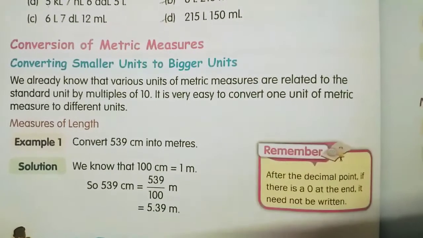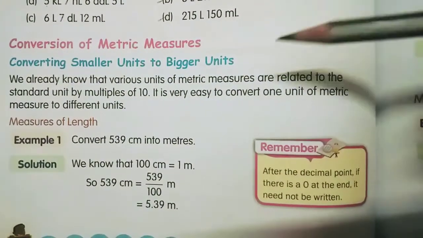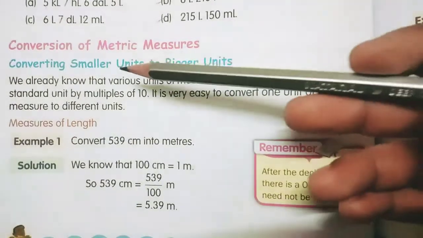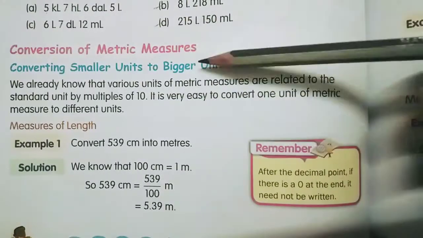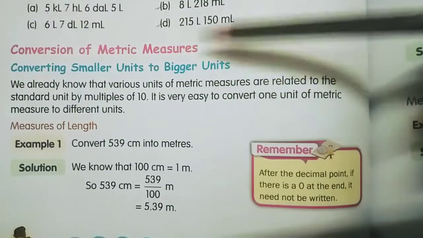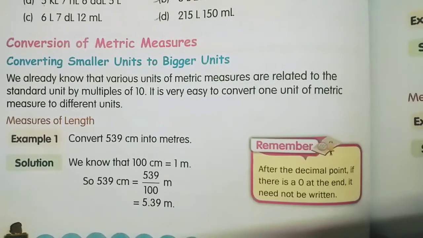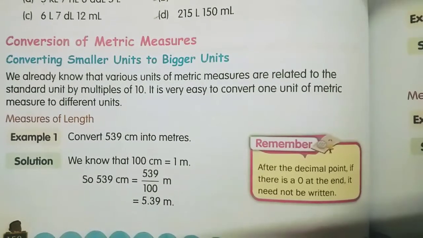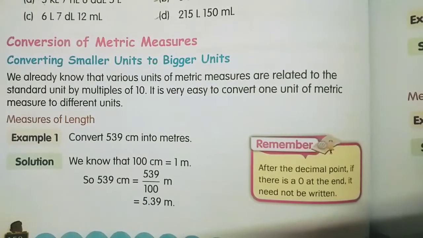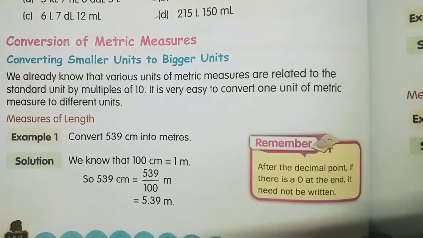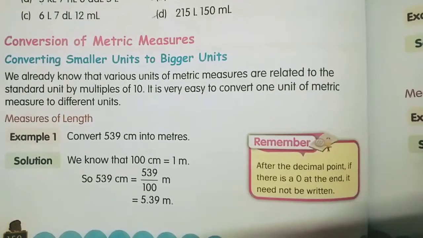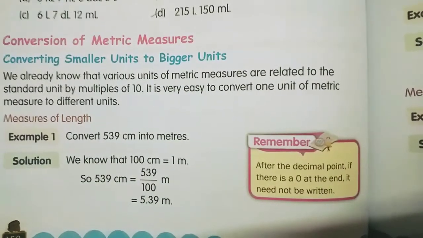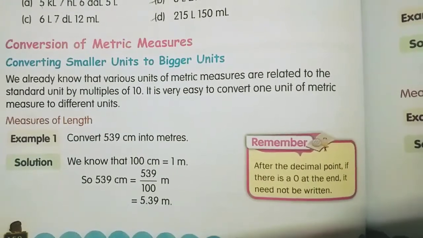Okay, so you have seen the higher units and lower units. Higher means bigger units and lower means smaller units. So to convert from smaller unit to bigger unit, always you have to divide. By what number will you divide? The relation between the units, the numbers which you will see, like 1 kilometer equal to 1000 meter, 1 meter equal to 100 centimeter, like this, the relation. So the main thing, you have to divide by that number.